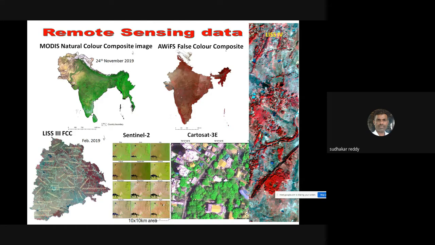Then we can also make information on cumulative greenness in a given time period, seasonality, and several information databases addressing the habitat or the vegetation health, and also identifying high biomass regions and also high biodiversity areas. The technology provides the data at multiple resolutions, like MODIS provides coarse resolution data, which